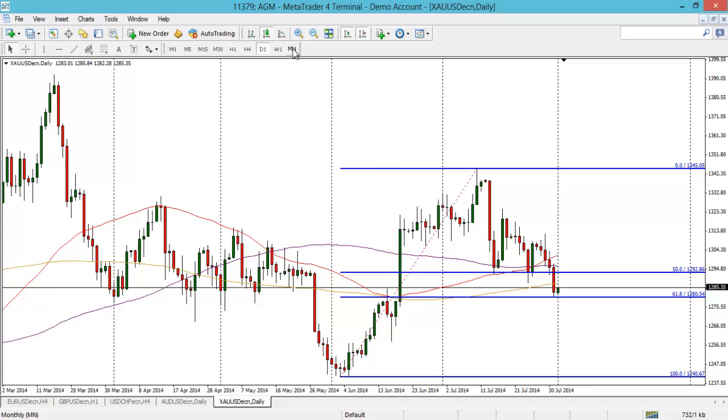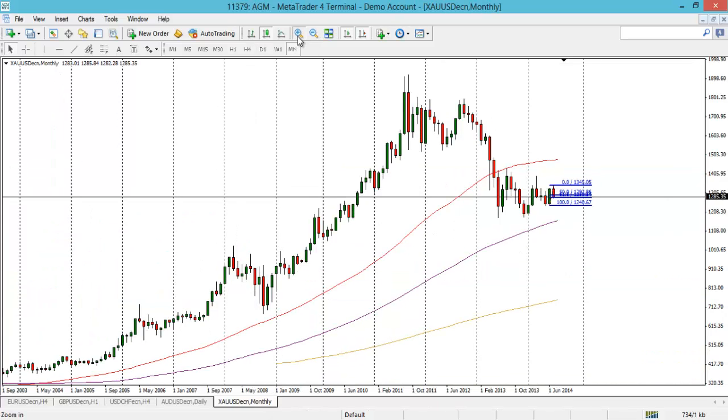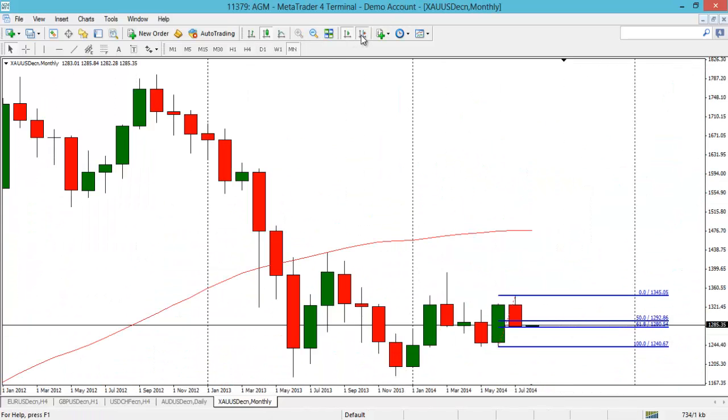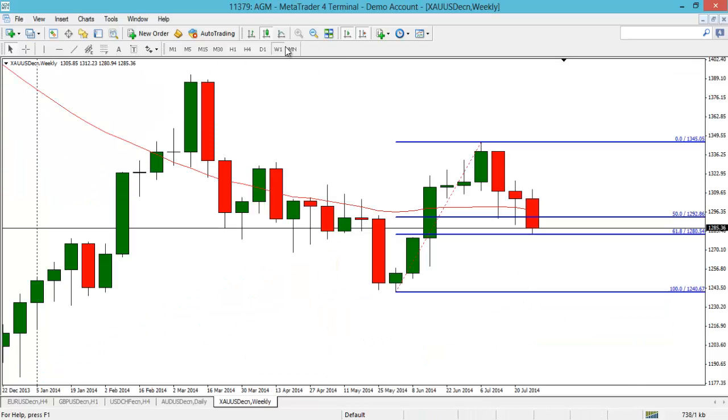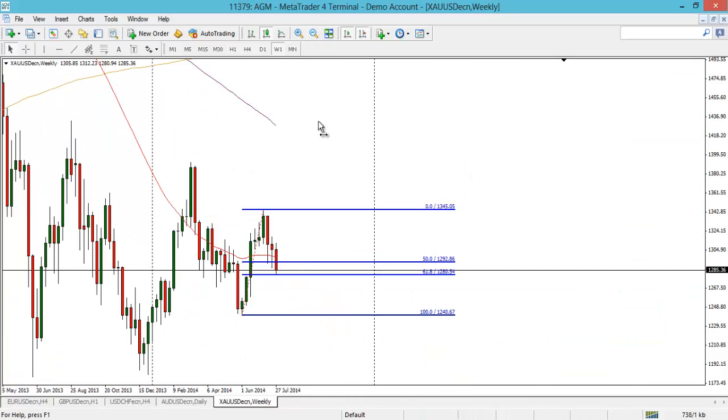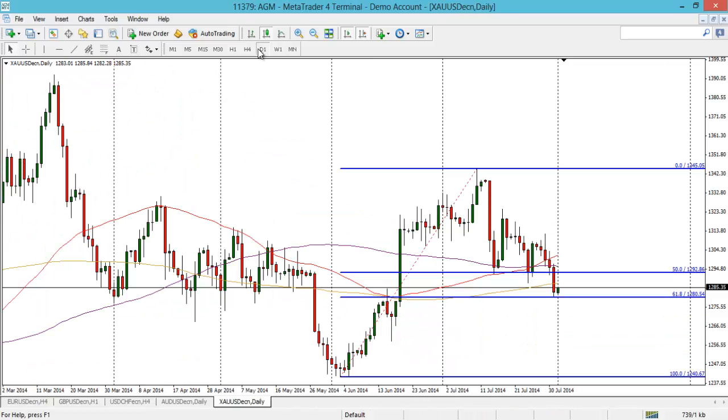In fact, let's quickly look at the monthly candle. What was going on in the monthly candle here? Of course, we've got a new month now. You can see last month's candle is a bearish candle, but it hasn't really closed below these ones, so it could easily just be a retracement candle. And if we get a weak NFP today, then it could easily just grind back up and take out highs. So very interesting day today. NFP is going to pretty much determine a lot of charts over the next few weeks, months, in terms of the technical stuff. So do keep an eye out on that.